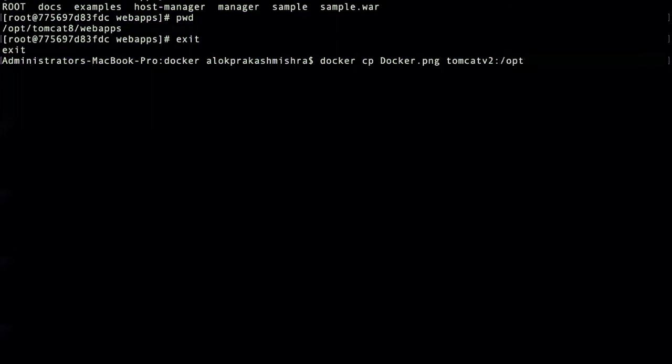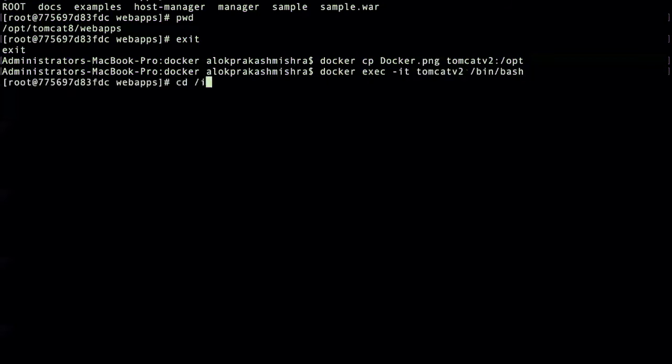So it is copied. If you go inside the container, see here, the docker png file. The other way around also you can give, copying from the container to here. I'm exiting out of the container.